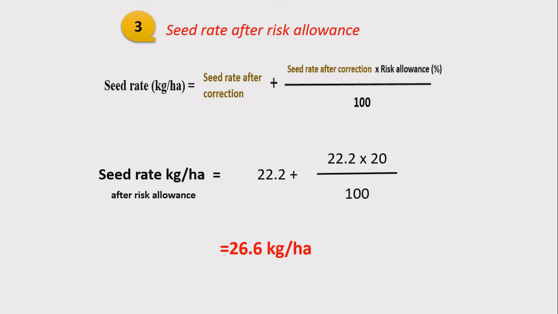In this way, we need to calculate the seed rate or seed requirement based on the data available to us. In some problems, the question will say to assume values of your own. So we need to assume some values like germination percentage, risk factor or genetic purity percentage. Assume values like 90 or 80 percent and go through this calculation method step by step.